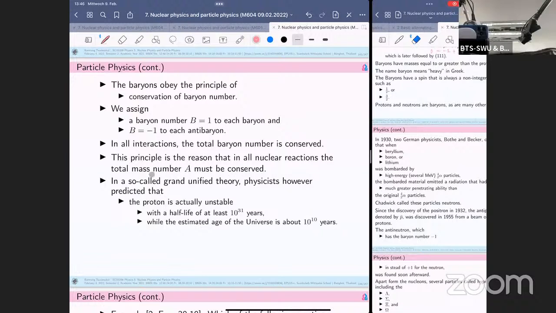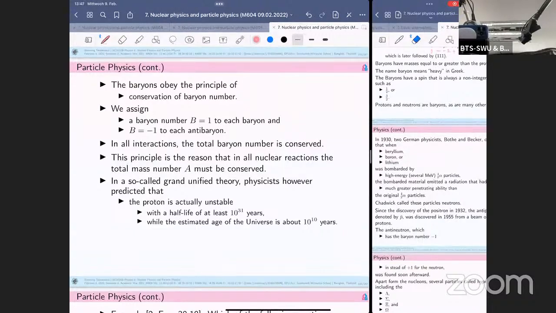And sometimes we consider that proton is stable because the lifetime is very, very long. And yeah, we could predict the future for us in the universe. That's the half-life